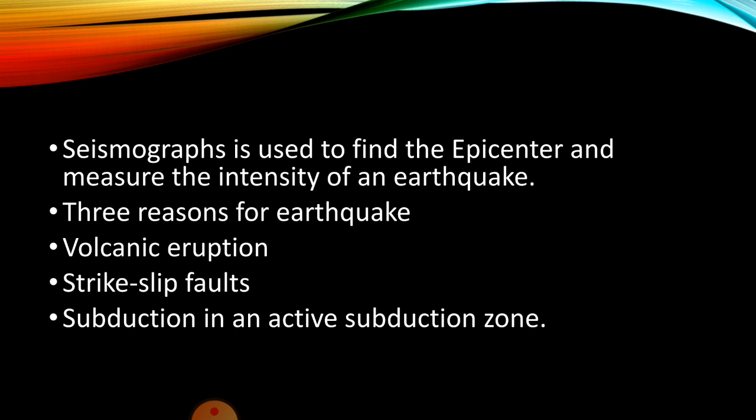See, there are three main reasons for the occurrence of earthquake, and which are they? First is the earthquake caused by a volcanic eruption. The other one is the earthquake caused by strike slip fault. See, what is the meaning of strike slip fault? It is a fault in which rock strata are displaced mainly in a horizontal direction, and they are parallel to the line of fault. That is strike slip fault.